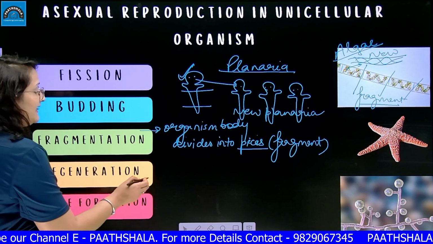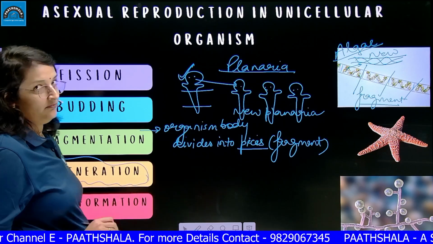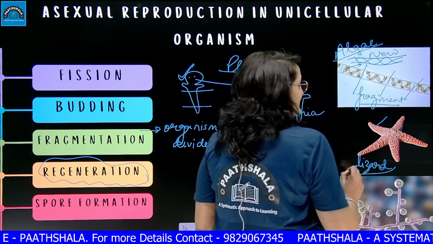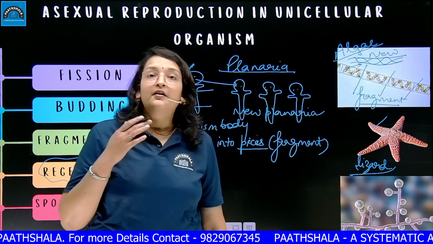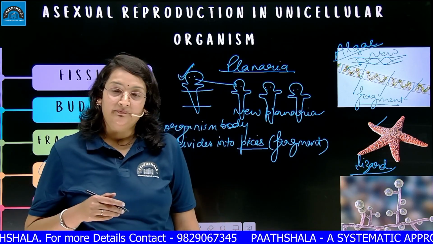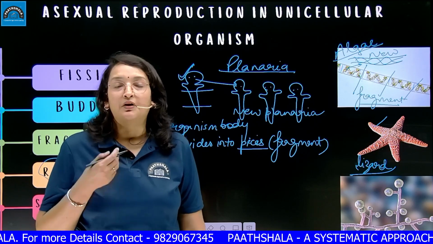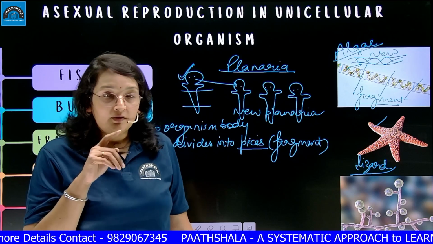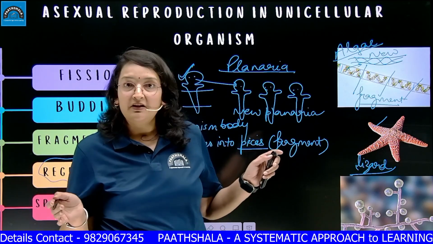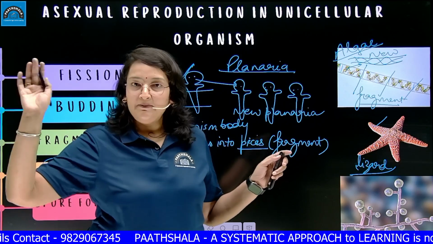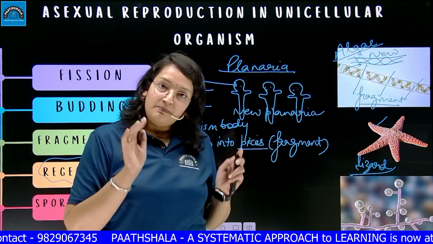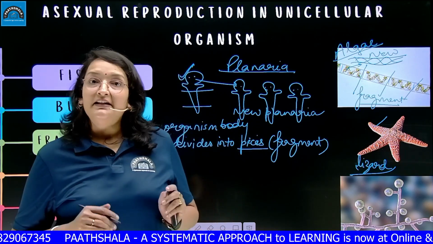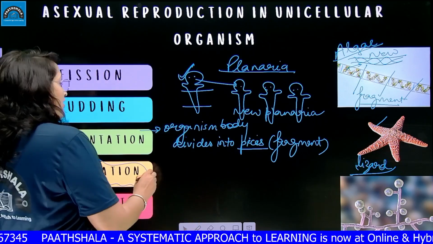Then in case of some higher organism, like starfish, like lizard, in these organisms, if any of the body part is injured, then it can be replaced by the new body part. Here we are only talking about the repairing of the body part. If that body part is lost, new organism will not produce from that lost body part. Lost body part is degenerated. But in the place of that cut or injured body part, new body part will regenerate. So this is an example of repairing